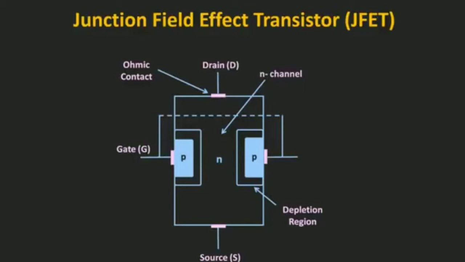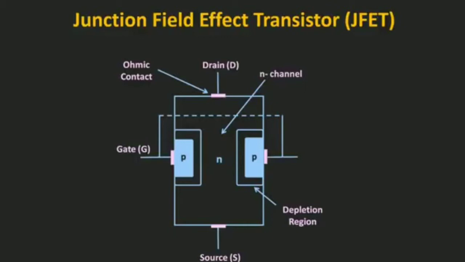And the two small P-type regions are fabricated near this channel. If you see the structure, this N-type material is a major part of the entire structure. Through the ohmic contact, the top of the N channel is connected to the drain terminal and the bottom of the N channel is connected to the source terminal. The two P-type regions are connected together to the gate terminal. In this N-channel JFET, due to these P-type regions, two PN junctions are formed, and due to that, the depletion region is also formed near this junction.